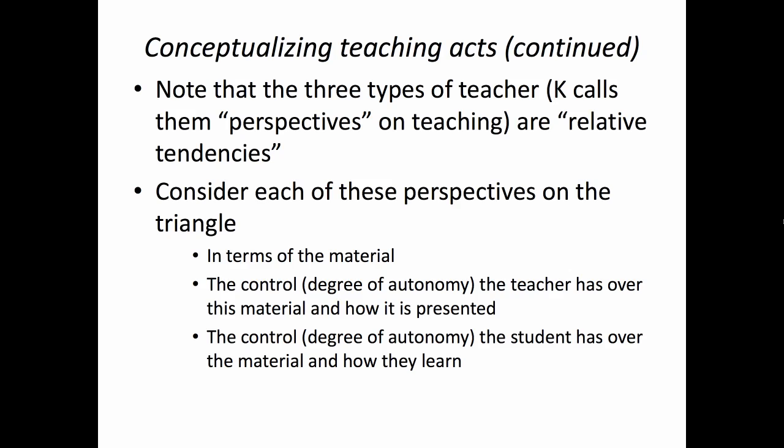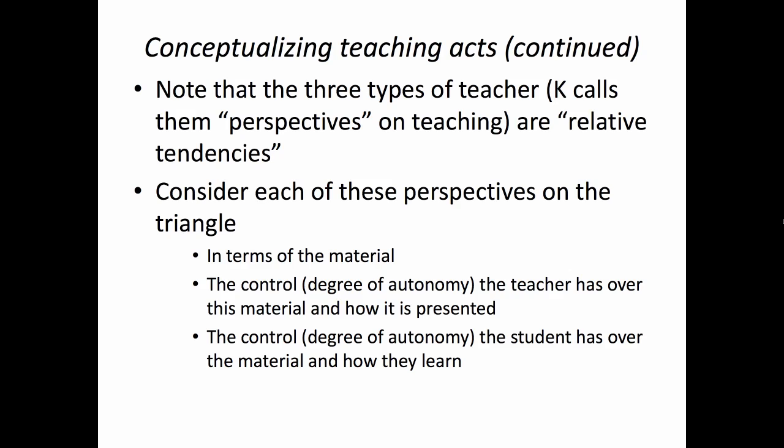Note that these three types he calls perspectives, and that they're relative tendencies. No one is just a passive technician. No one is just a reflective practitioner. No one is just a transformative intellectual. Consider each of these perspectives on the triangle in terms of the material, in terms of the control,